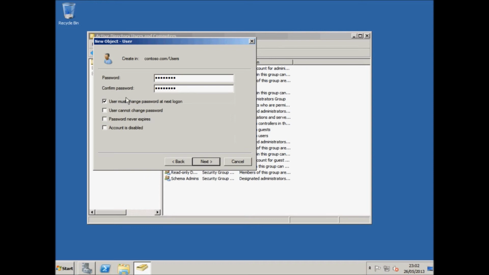And then you can choose certain options here as well. The user must change their password at next logon. That means the first time they log in, a pop-up will show, and they will be asked to change their password. User cannot change their password. I'm just going to tick that one to show you that it does work, and it won't allow the user